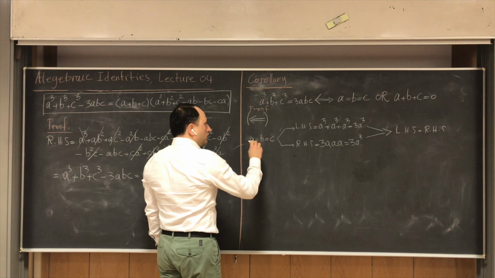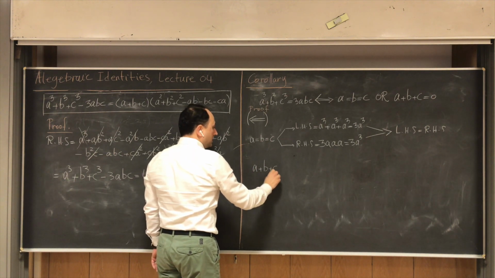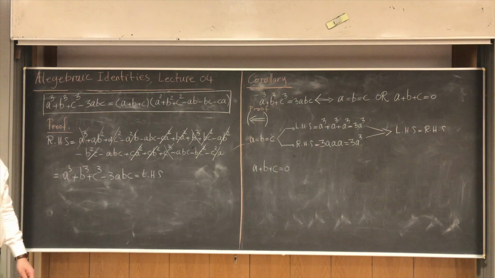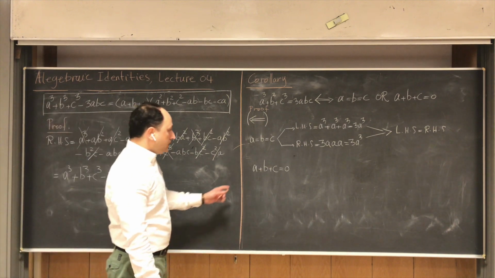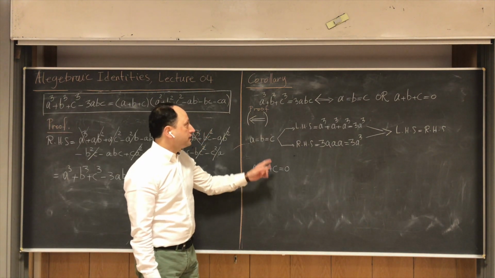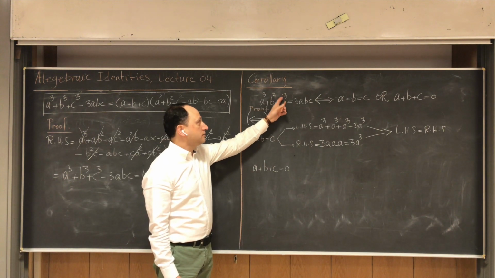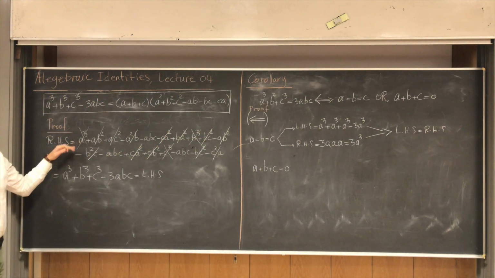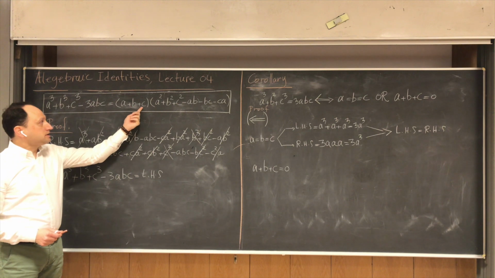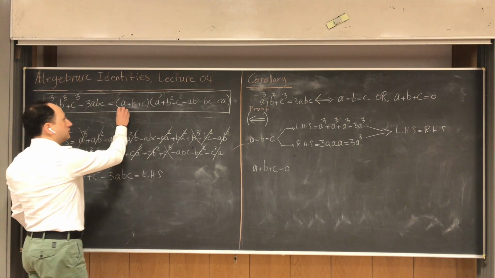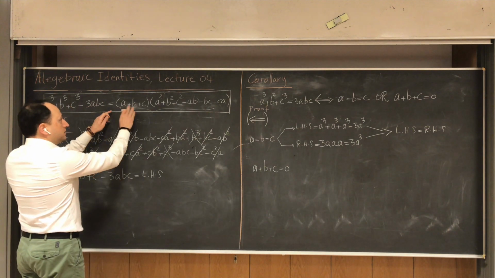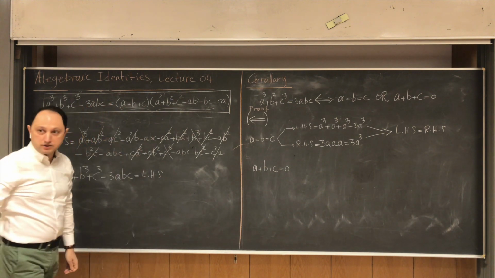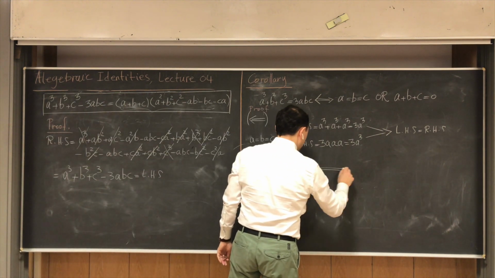Okay, but do you have any idea what happens? How can I prove this if this happens? Yes, any ideas? A plus B plus C is equal to 0. I want to prove that A to the 3 plus B to the 3 plus C to the 3 is 3 times ABC. And here I can use this identity that I proved here for you. If A plus B plus C is equal to 0, what happens for the right-hand side? If A plus B plus C is equal to 0, regardless of this value here, 0 times this totally vanishes, yes? So by the previous identity,